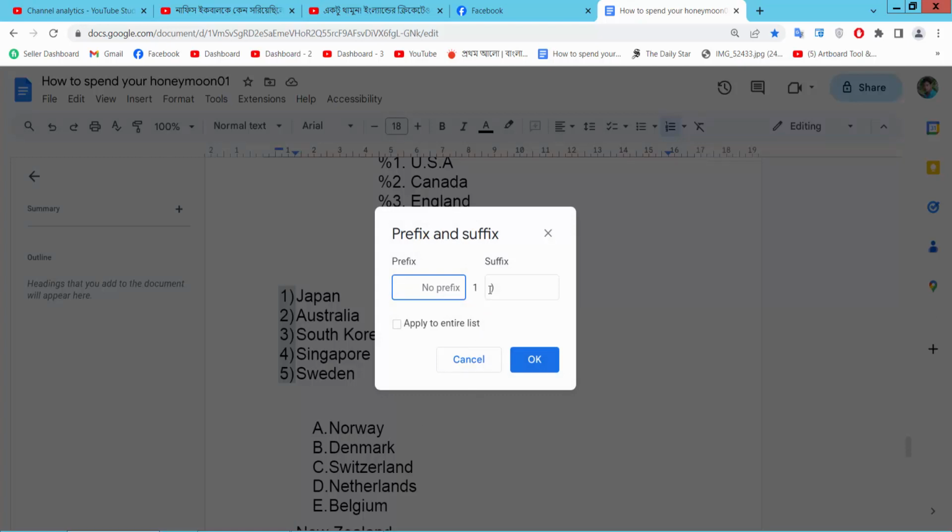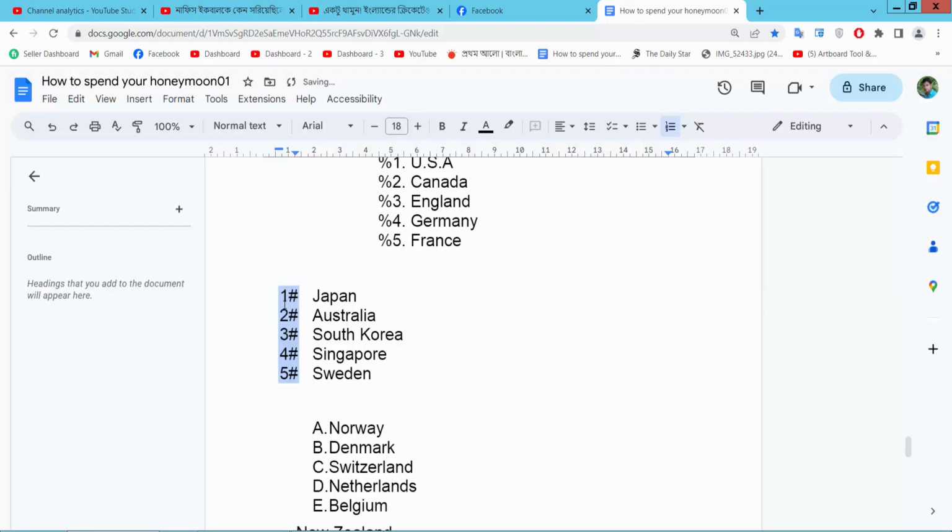Now I'll add suffix here. I remove this bracket and I'll put here hash and simply select OK, and see this. In this way you can add any kinds of symbol or any values as you like or